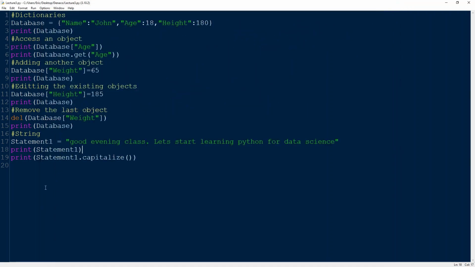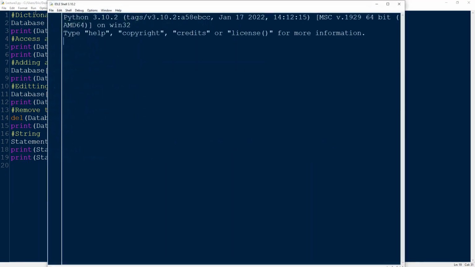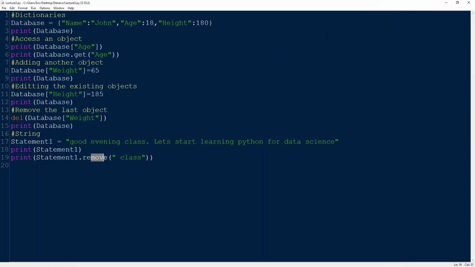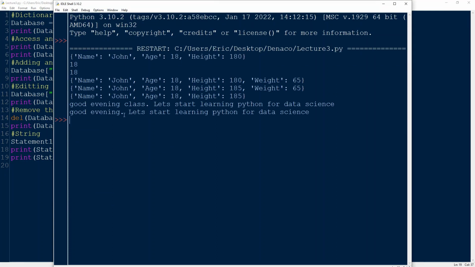So we can try this for remove. Let's see whether we can remove something. We can remove class. Still an error. Let's see whether we can replace class with a space. Okay, let's run that and see what we get. Yes, it actually removed